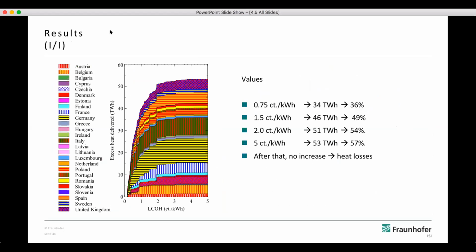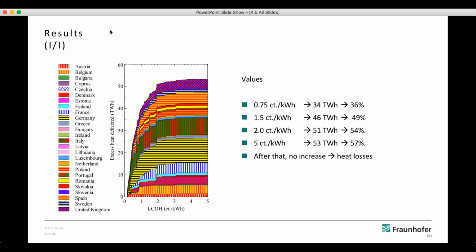So we have here a slide for the result. What we have done here is, based on our standard data set, we did some sensitivity calculations, in order to show, within the whole data set, how much heat is being transported or is flowing through the network, up to which cost. And it's also differentiated by countries. And here for sure, we have some proxies.